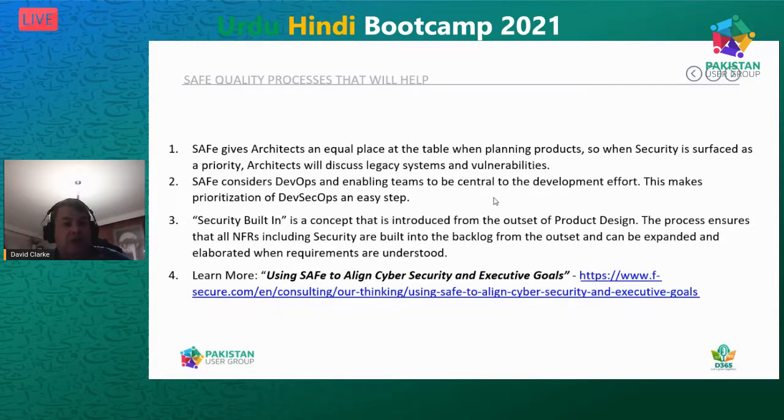DevOps is another huge area. DevOps supports quality processes. So security built in is a concept that is introduced very early on in SAFe. And it starts at the outset, and it starts with DevOps and planning. Now, my fourth point here, and I'll come back to the other points in a minute, but my fourth point is